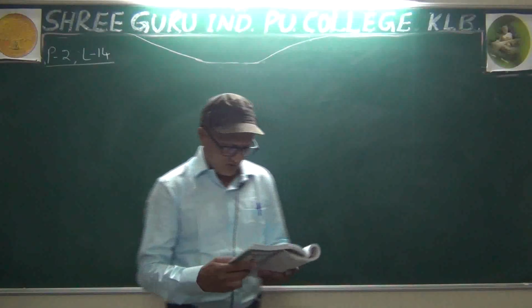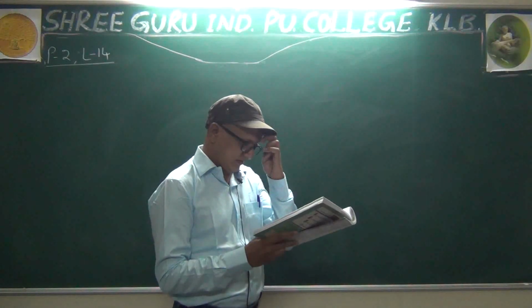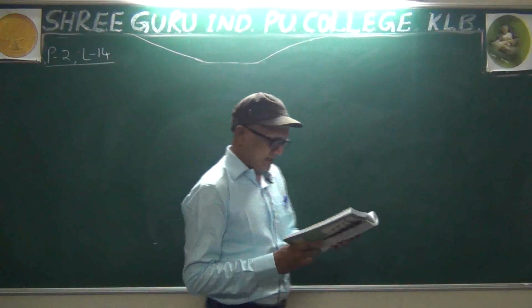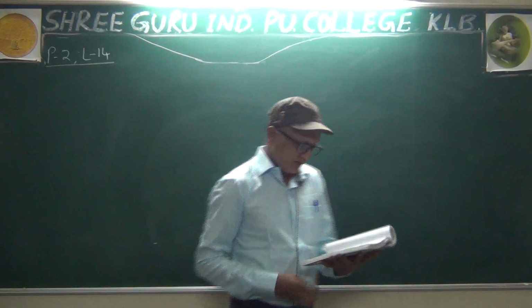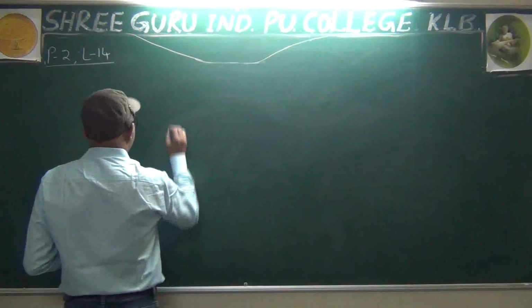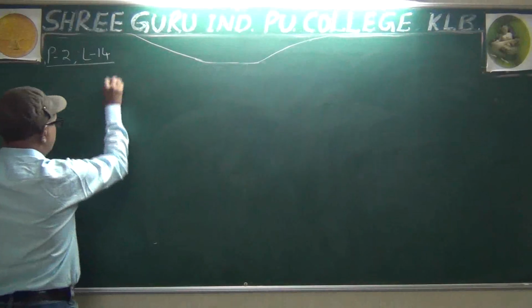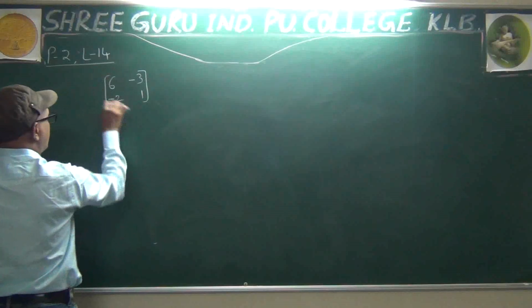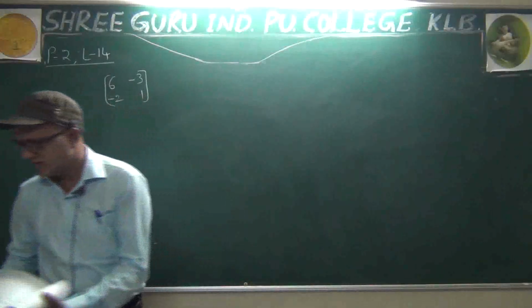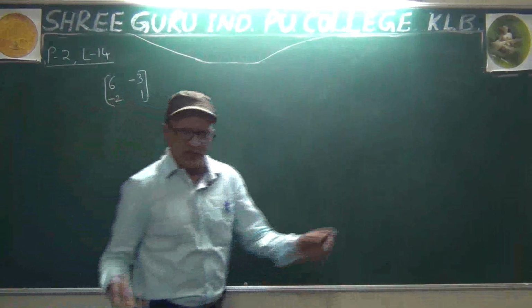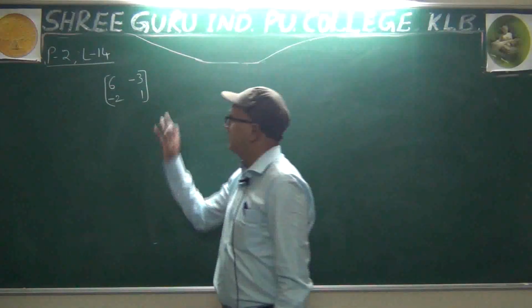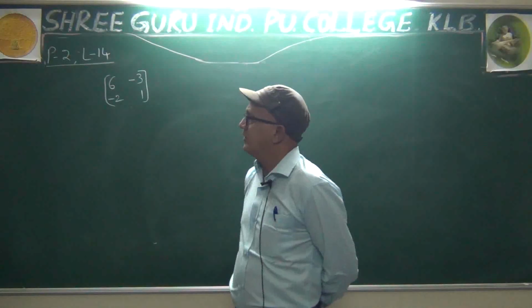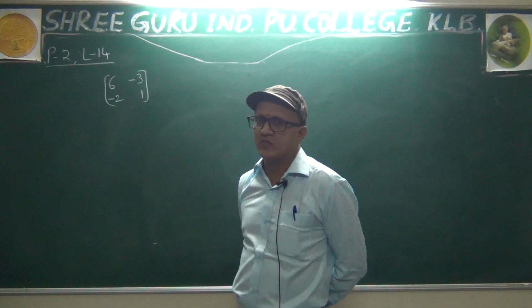In the same exercise, there is one question, question number 18. Remaining questions you can do. One more thing is, some different question will come. Let us see one question. This type of questions in general. Okay, let us see. This is the question. By using row operation or column operation, any one operation, let us find the inverse of this.